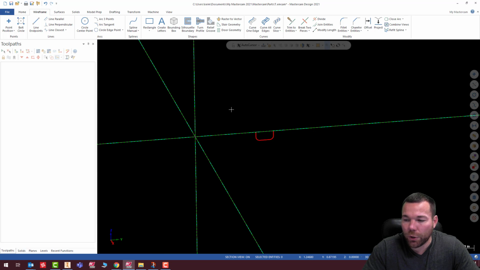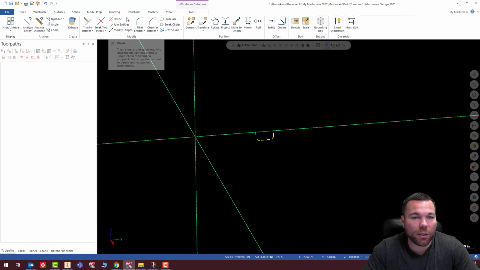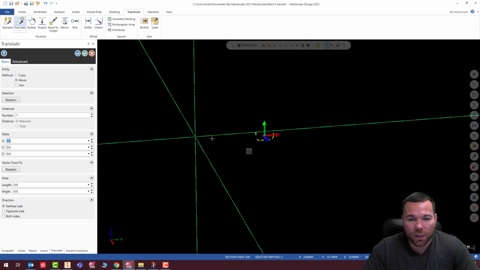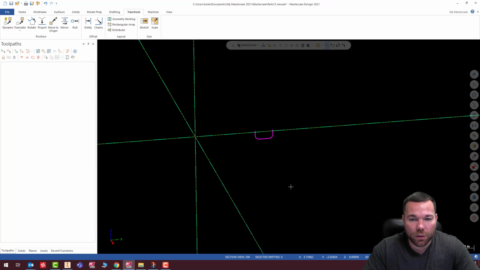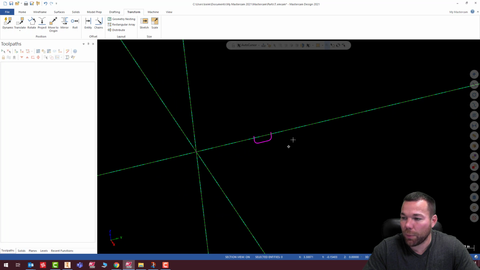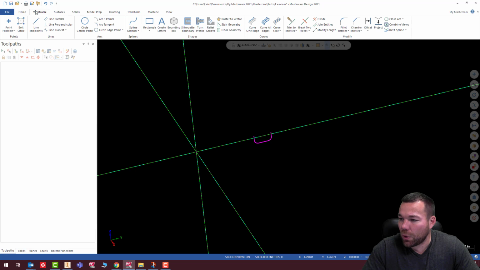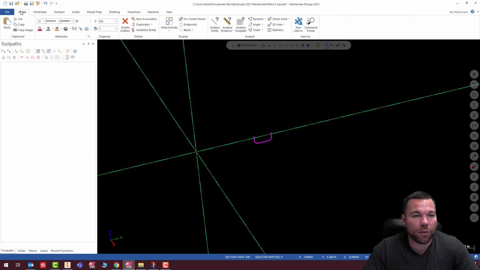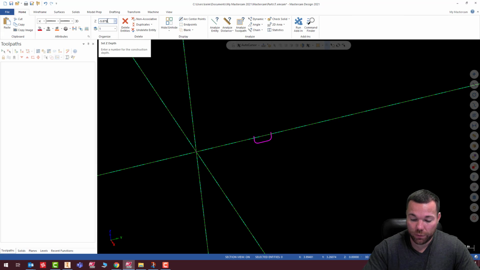Next profile. Oh, you know what? Actually, that is an 1/8 inch in the Z, so I need to translate that a little bit. I just made a little mistake there. Negative 0.125. Move, check. Okay, there we go. Now it's in the right place. Okay, so the next one looks like it's negative 5.875. So let's put a negative 5.875